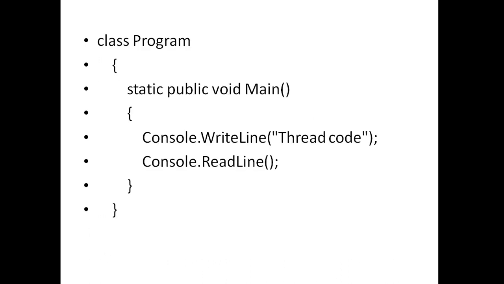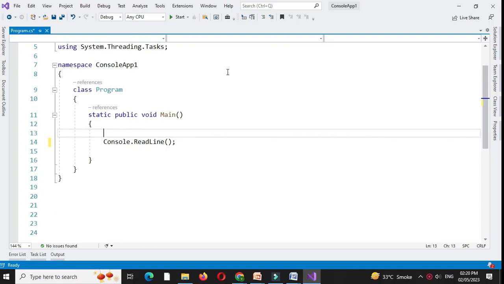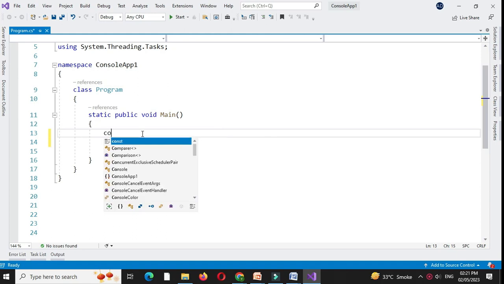Here is an example for thread. Here a class is defined and under the main method we have written the message. Here main is a thread which executes the program. Here we will see how a thread works in C#. Here we have written the method main, and inside the main method we will write the message